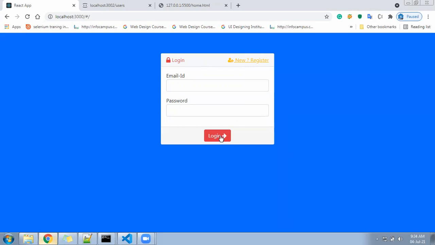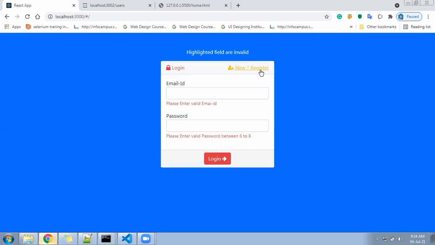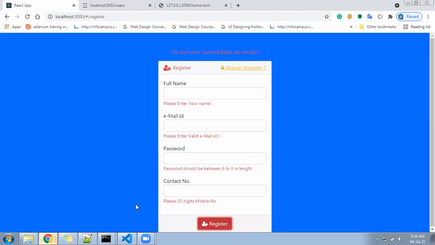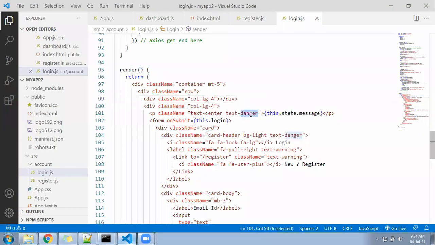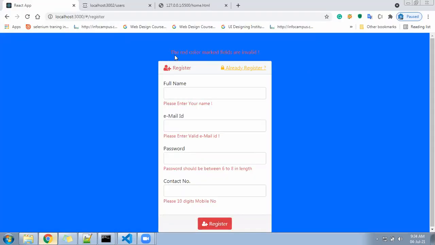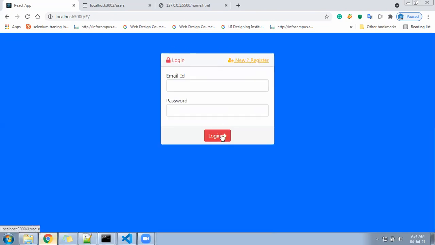Okay, now after this, if you click here, the error message should be highlighted in a color. We have given the danger color. Let me change it, because the background color is different; I'll keep it as white. Please change the color combination of the page however you want, red or green or blue. It's your wish. So the background is a different color, and I changed the upper content into white. It looks like this, and once I go here, it looks like this.